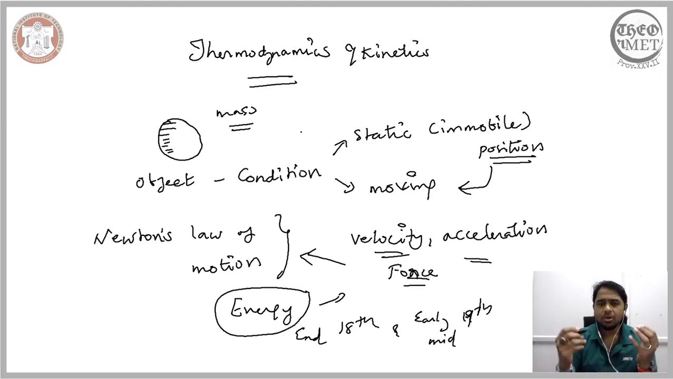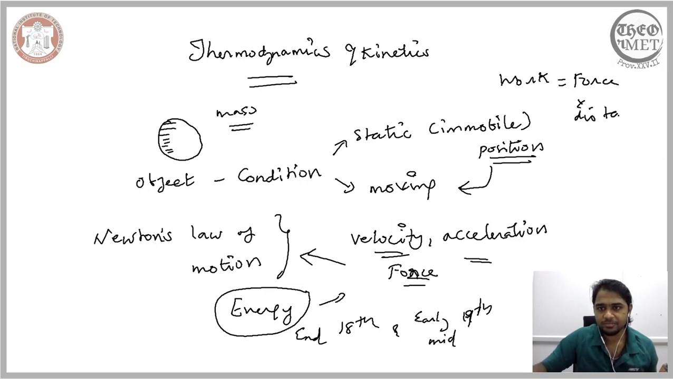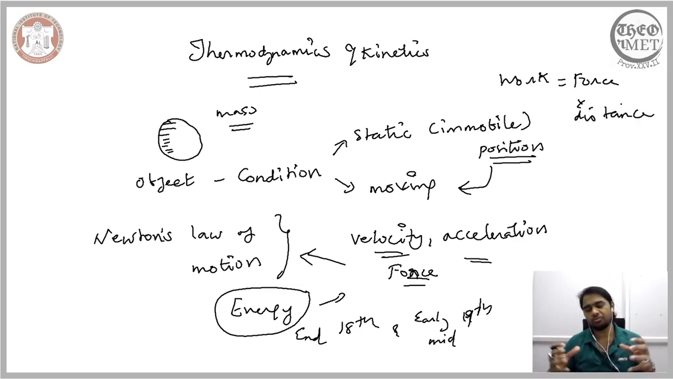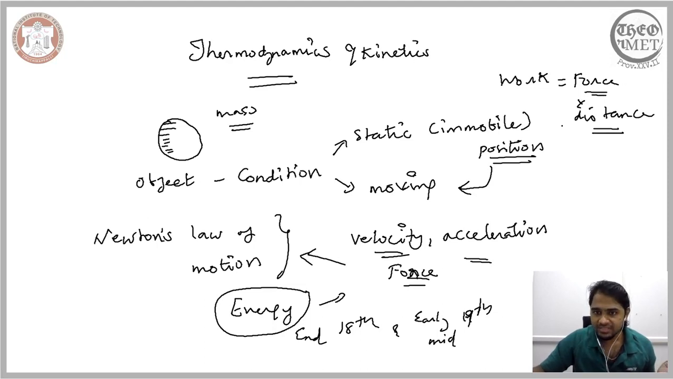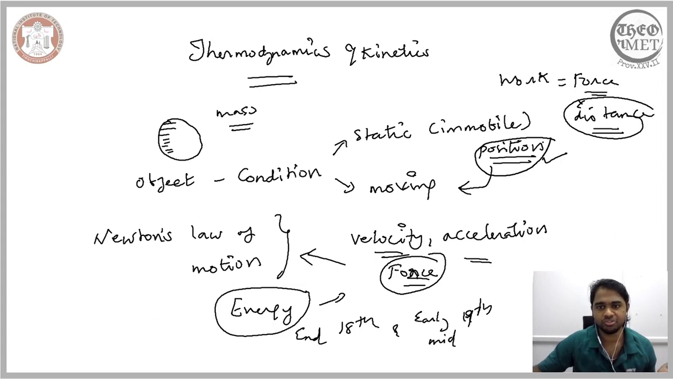The reason this was a breakthrough is that work is often described as the combination of force and distance. If you want to quantify work, you describe it as a product of force and distance. Force is something that is associated with Newton's law of motion, and distance is nothing but the change in position, another variable associated with Newton's law of motion. So what happened in the end of the 18th century and early 19th century was that two different domains